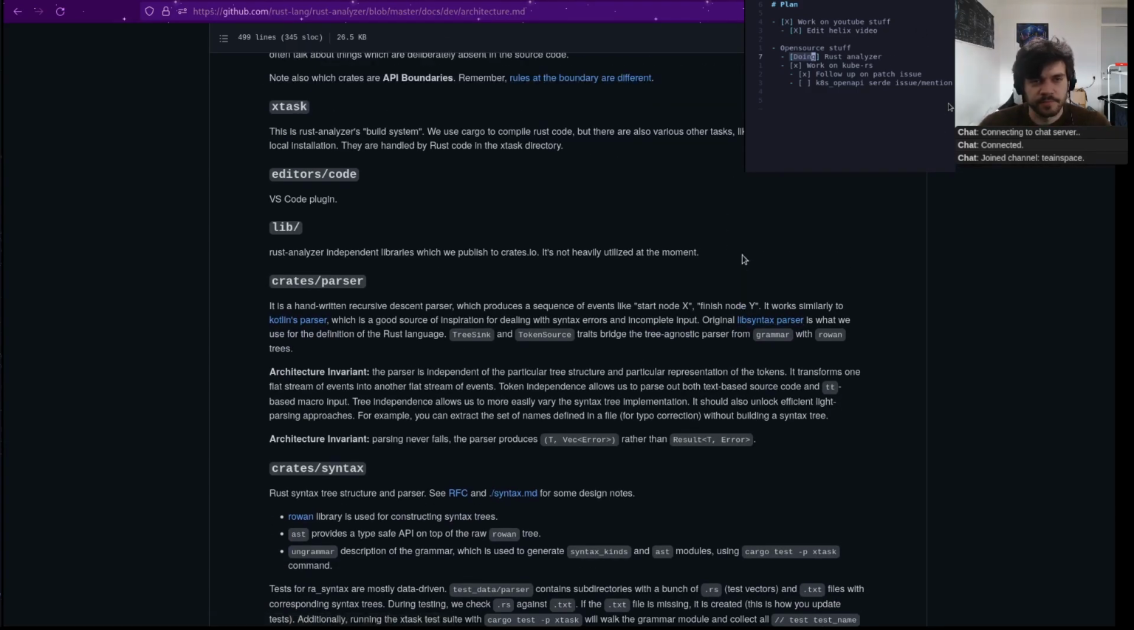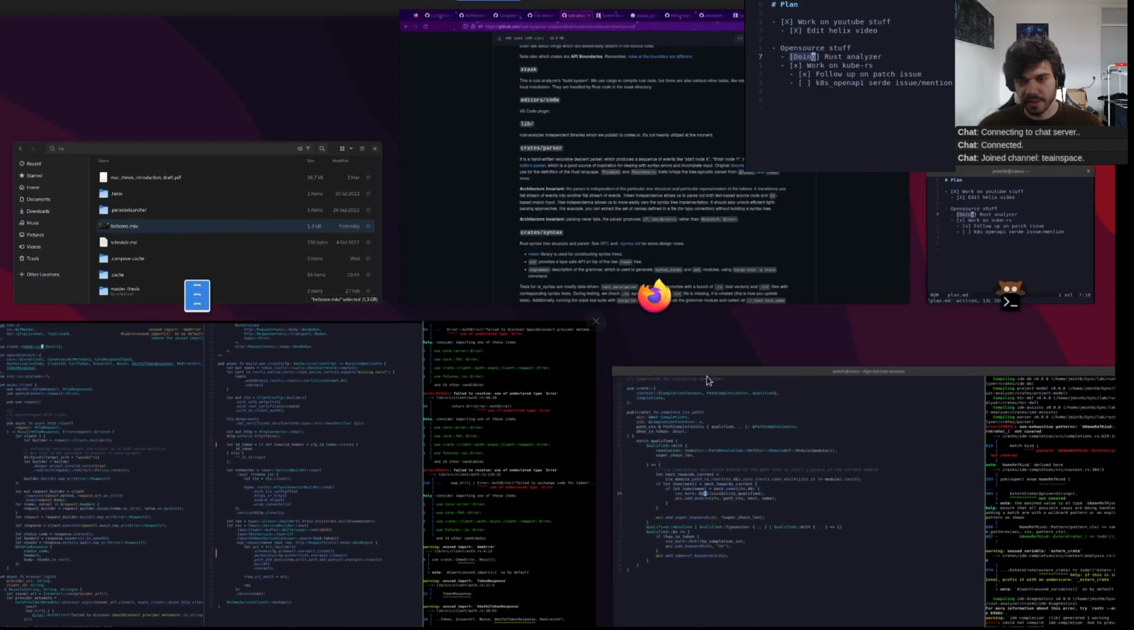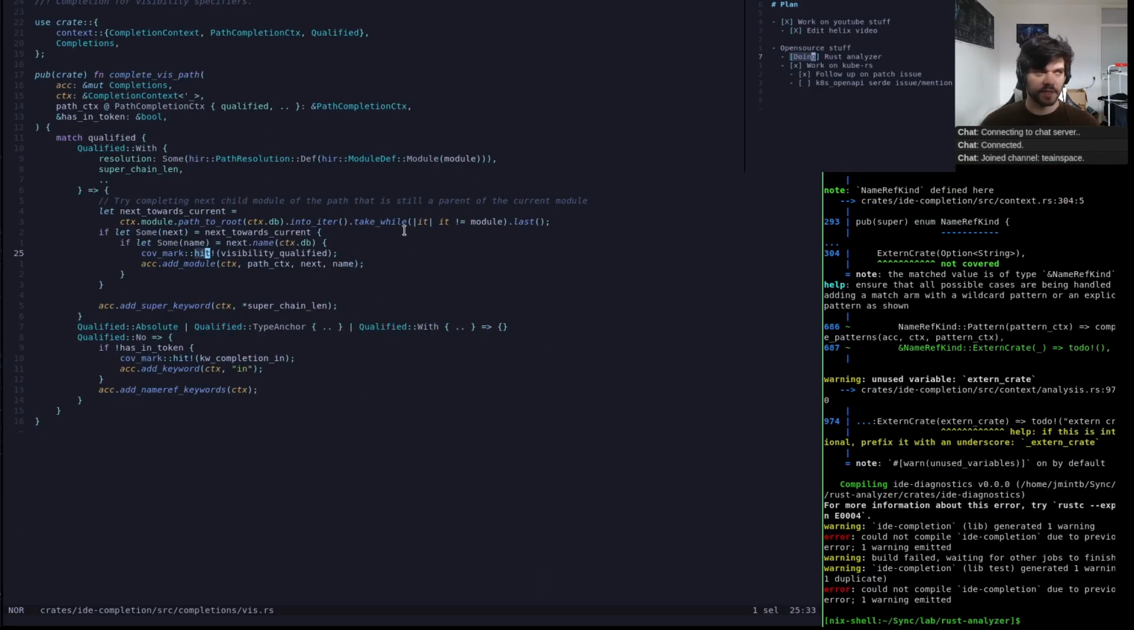Yeah. So, this is Rust Analyzer's xtask build system. We use Cargo to compile Rust code, but there are also various other tasks like release management or local installation. They are handled by Rust code in the xtask directory. One thing I've been liking lately, although I haven't really tried it much in practice, I more observed others do it and kind of tried to do some of it in AIM, but it's moving